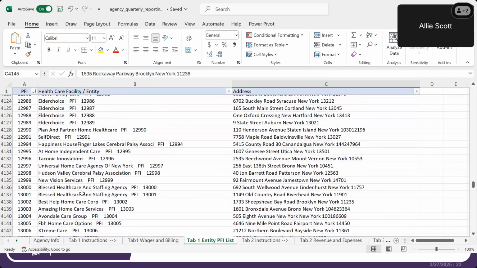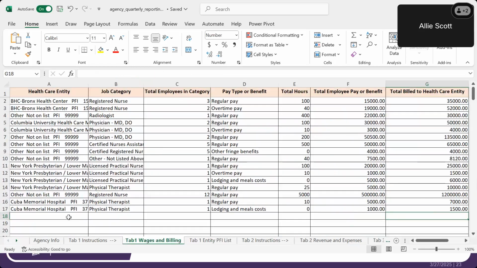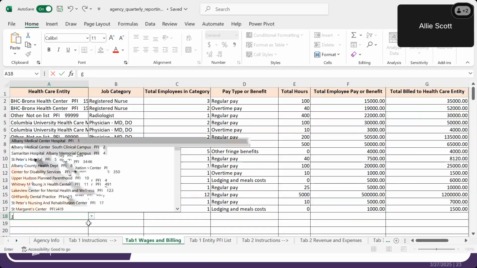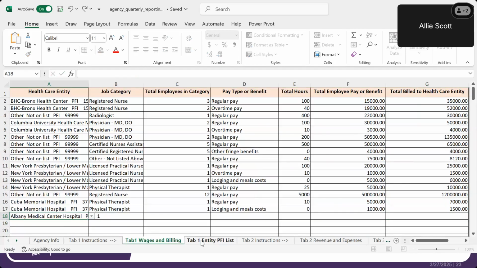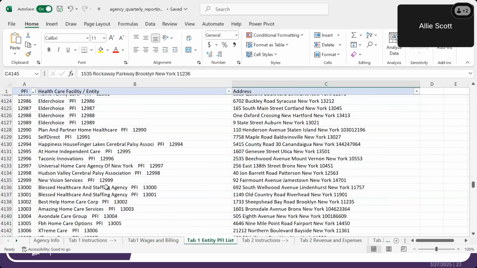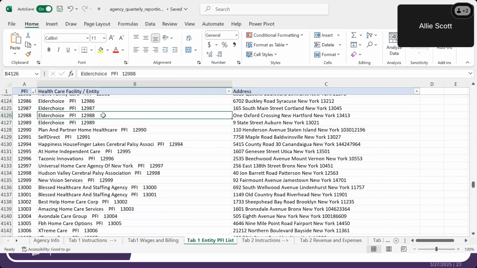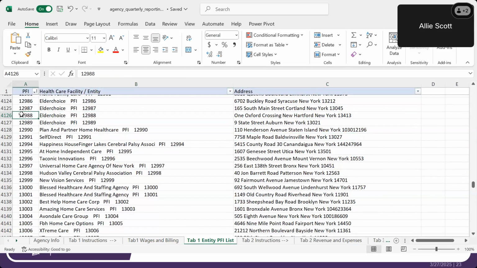So if you're in tab 1 and you're having a hard time finding the name of a healthcare facility that you're trying to work for, and it doesn't pop up, you can come to this tab and try to search by the address, or by the healthcare facility name, or if you happen to know the PFI, you can also do a quick search.